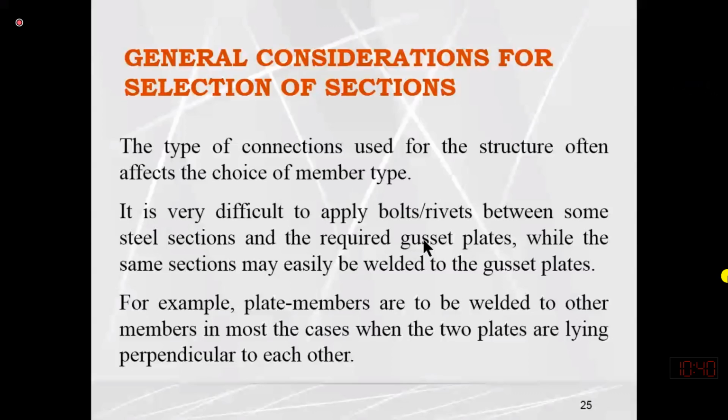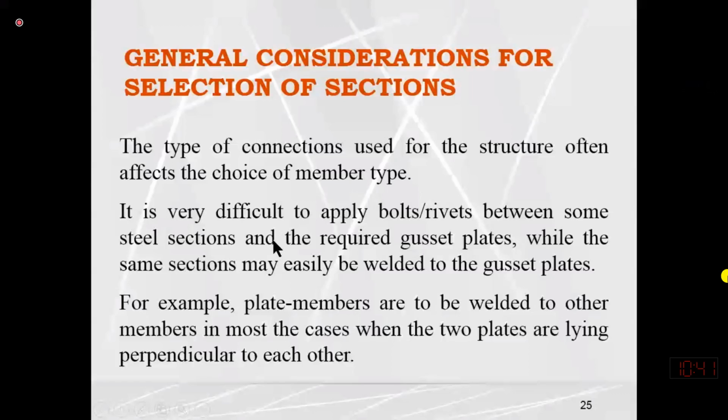If the required section has an area more than what is available in our stock, we will make a built-up section. So we have to manage from our available resources. The type of connection is also important in order to select the section. Anyhow, I have given an example in my stock.